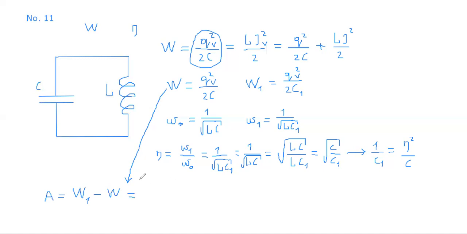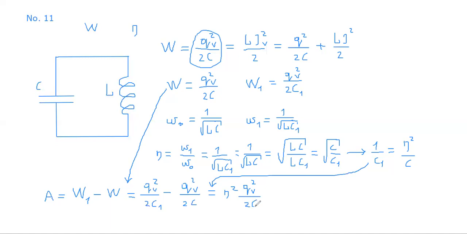So this will be UV to the power of 2 divided by 2C minus UV divided by 2C, and I will use this: eta to the power of 2 Q minus QV divided by 2C. And this is